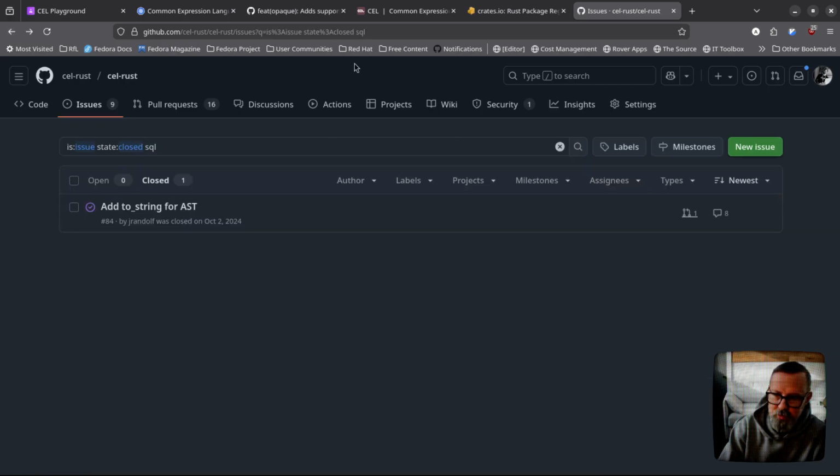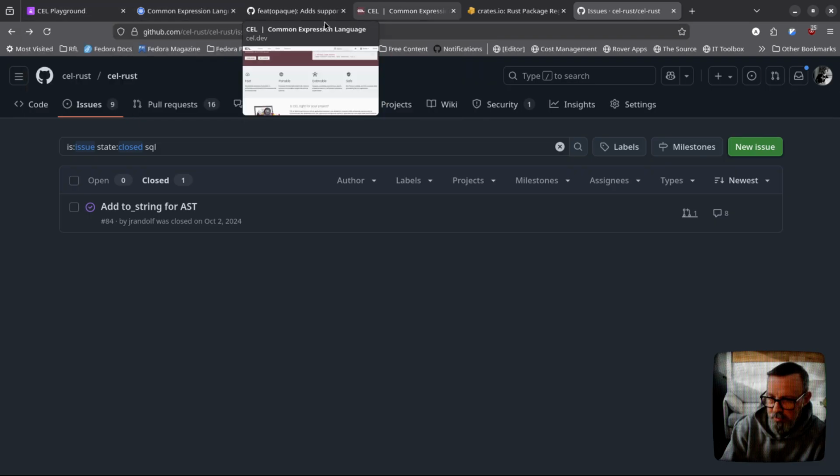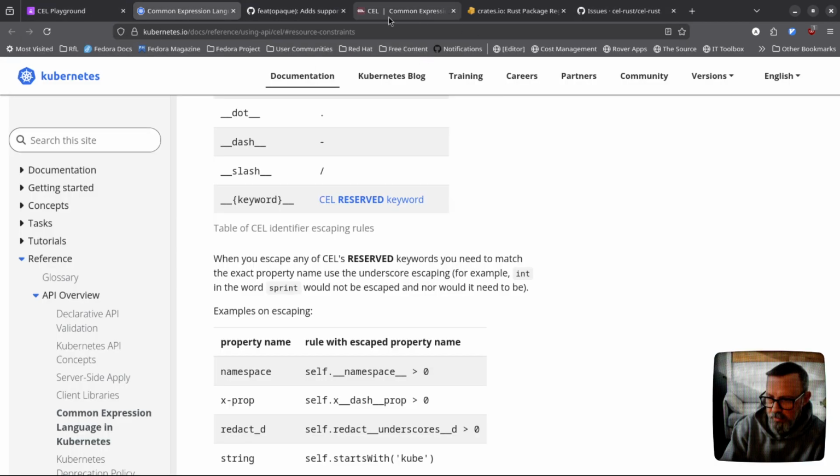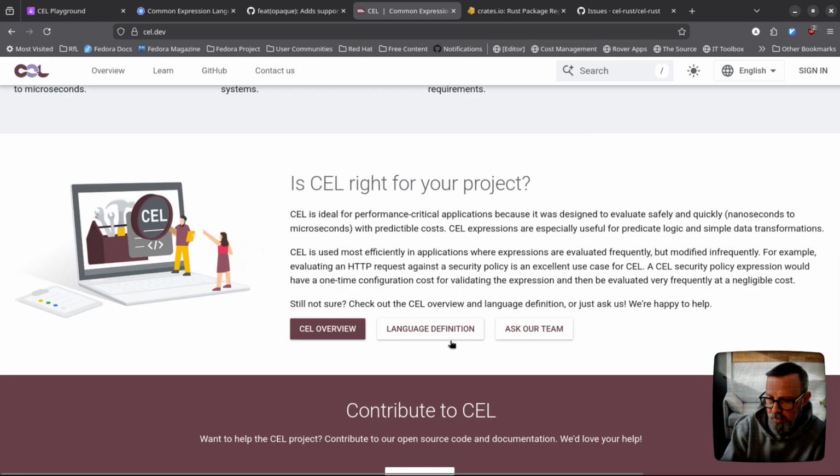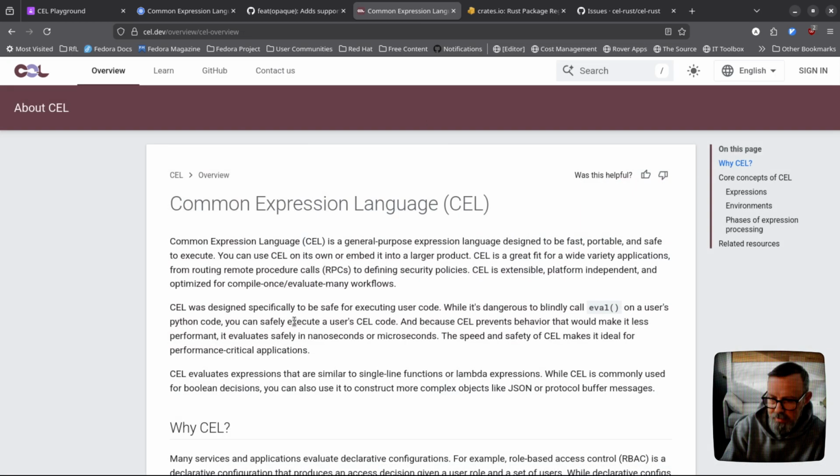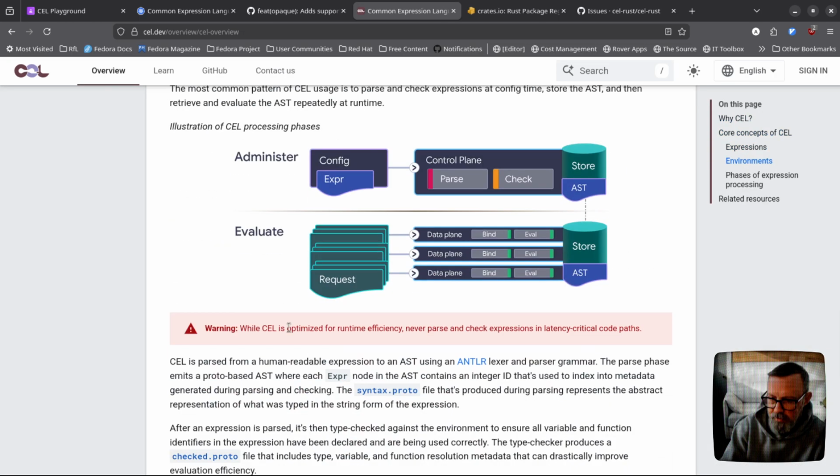It's used quite a bit in Kubernetes to be able to specify advanced constraints on certain things and whatnot, right? Like you get a full-blown query language. But the thing I wanted to cover is actually something slightly different, and that is this bit here that I find very interesting. So the way that CEL is meant to work is this cost model that you saw